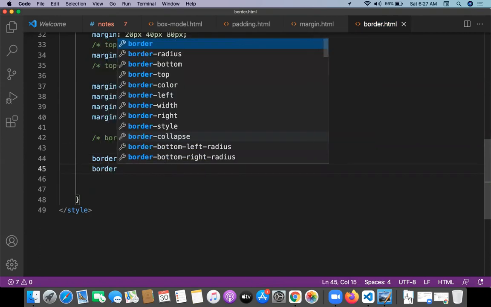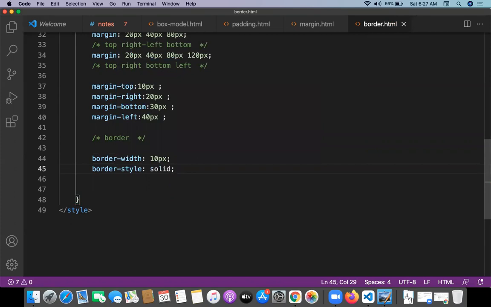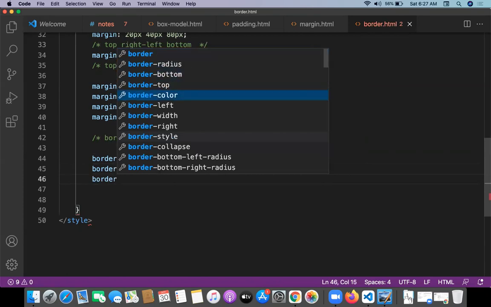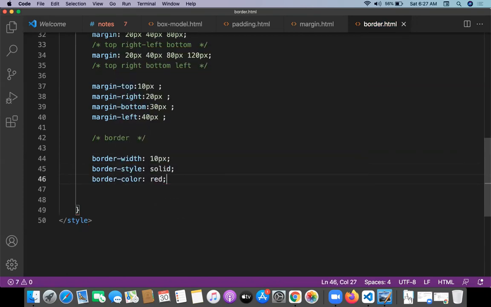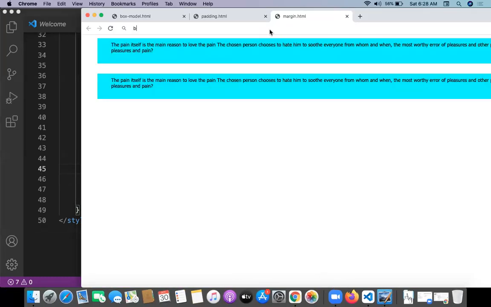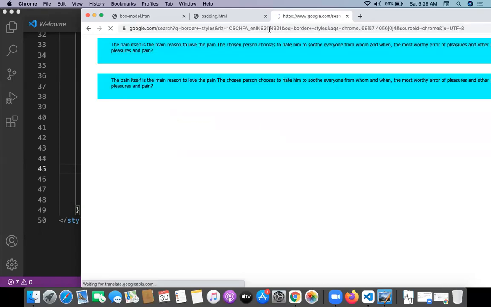Border style, I'm giving a solid style, and border color, I'm giving something like red. That's it. Border width is a simple value, border color is a simple value, color with RGB, color with hash value also you can give. And border styles, there are multiple border styles which are available, guys. Okay, let me install border styles.